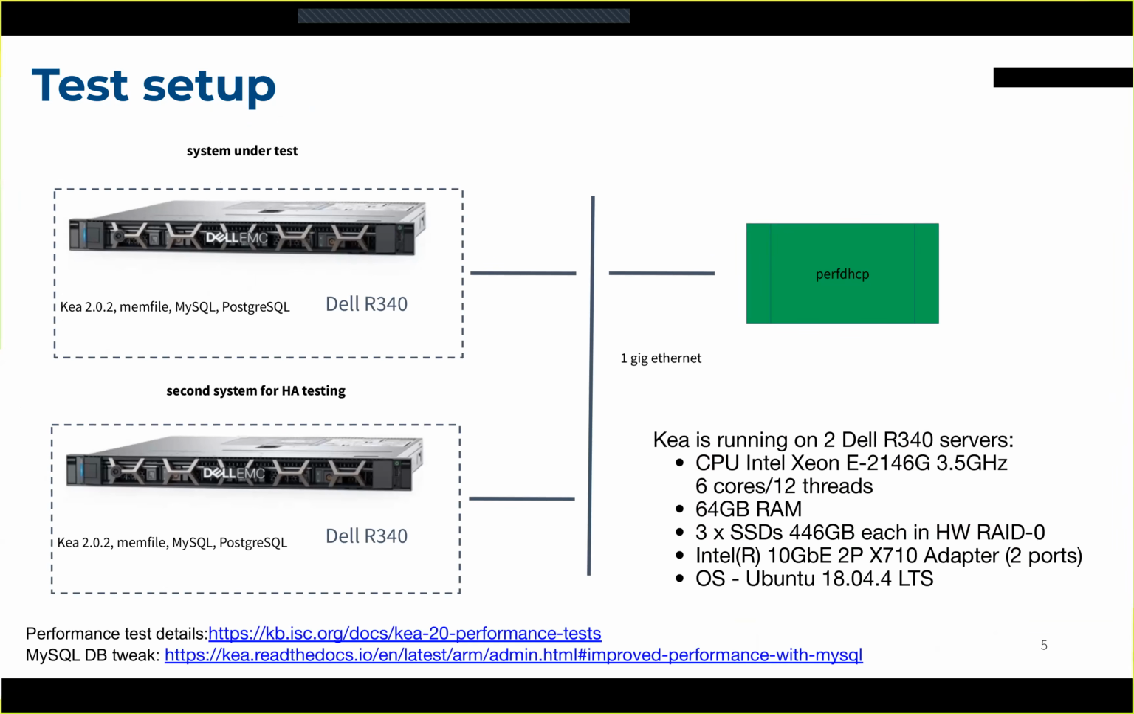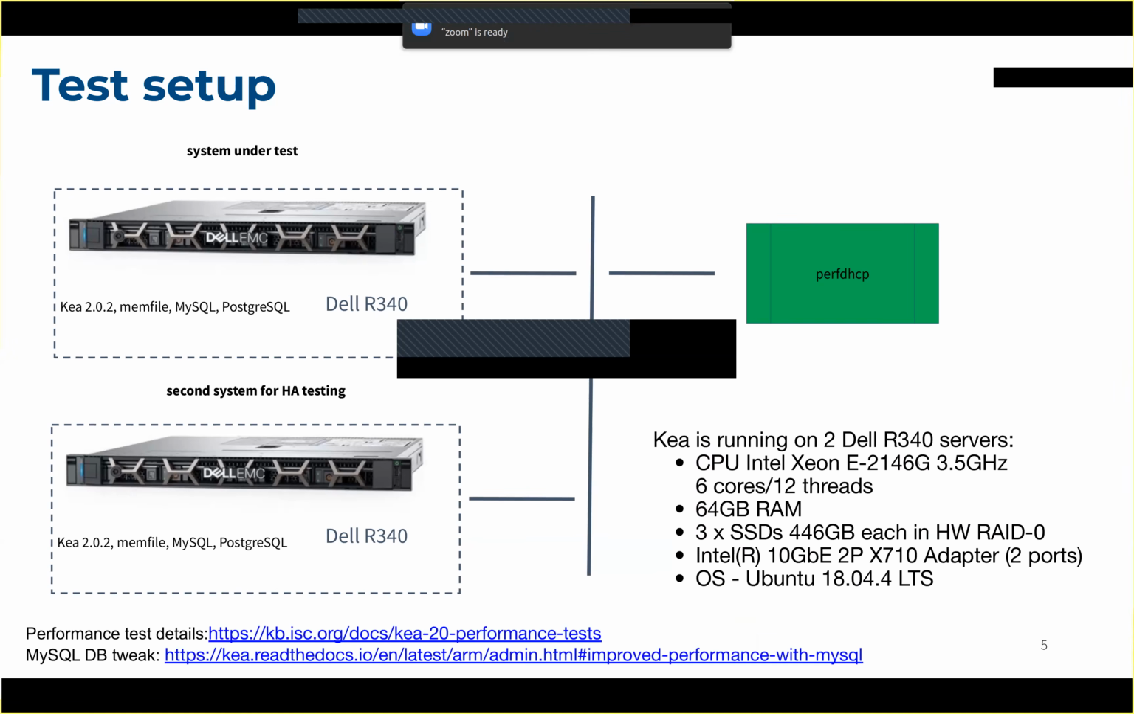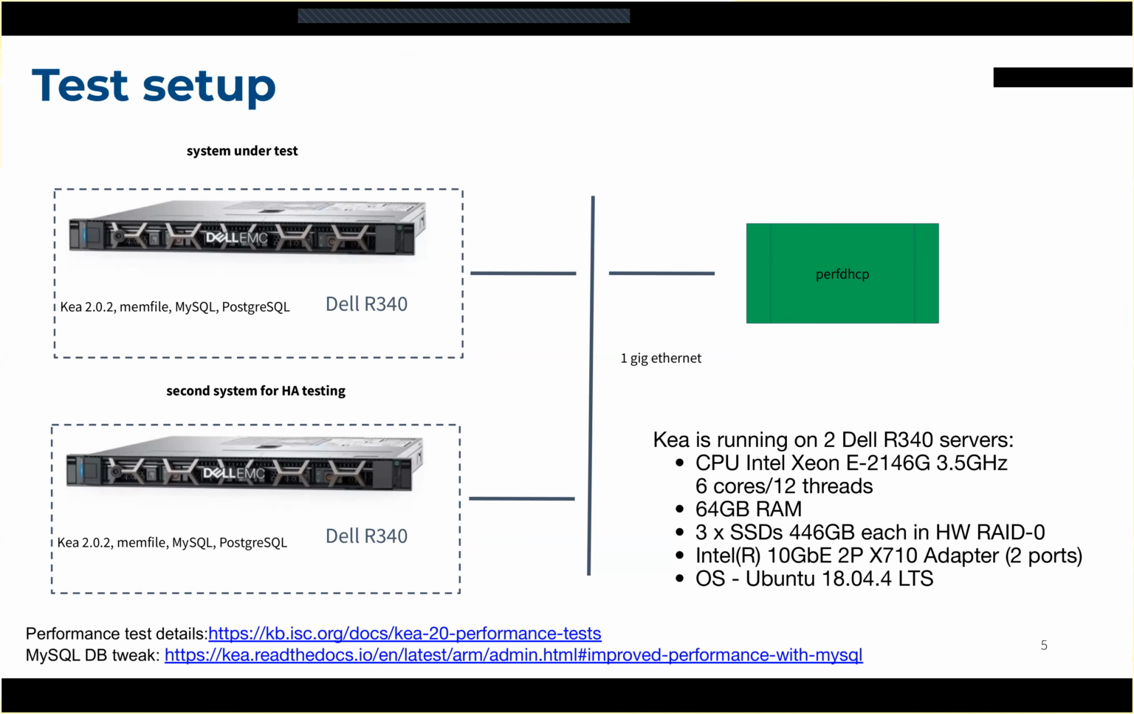Throughout this presentation, I'll be talking about various test results. This is the test setup that we're using. We have two pretty powerful, but I would say middle range servers. They're not top of the line, but they are pretty decent. They have Intel Xeon 3.5 gigahertz with 6 cores with multi-threading, so that we can run 12 threads, 64 gigs of RAM, and triple SSD disks in each of them,